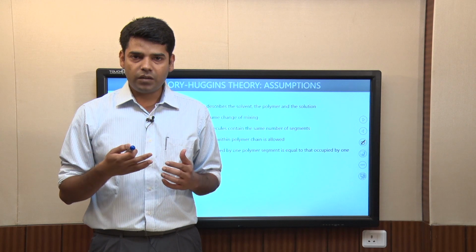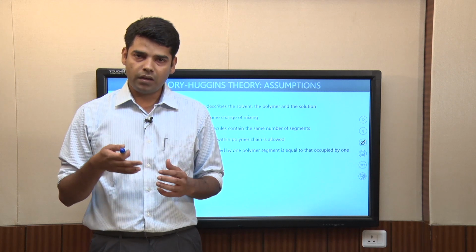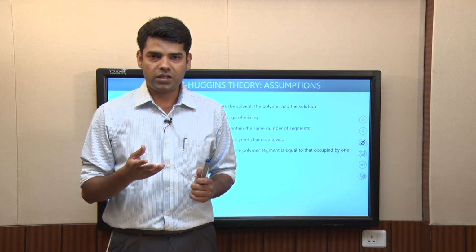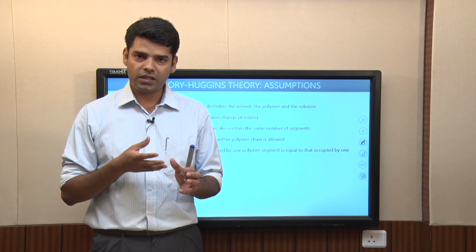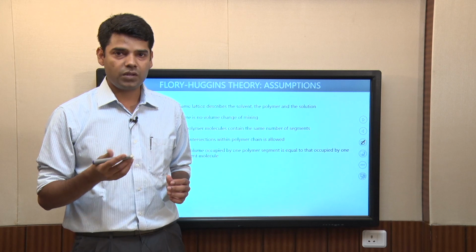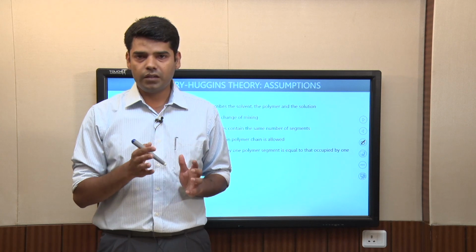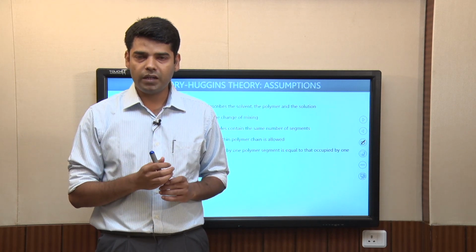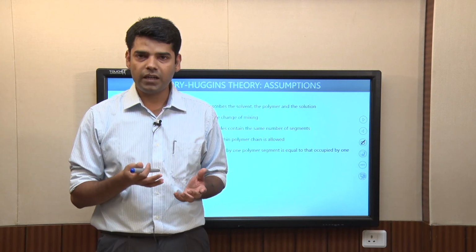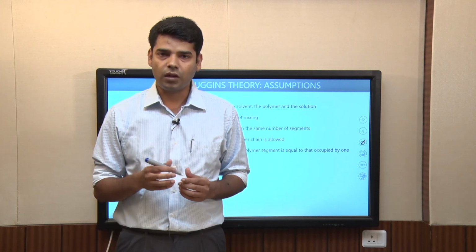So, during that process of introducing the polymer molecules one by one, and for each polymer molecule introducing the segments one by one on the lattice, the self intersection between segments of the same polymer chain is neglected. That is one more assumption of this theory. Another assumption is that the polymer segment and the solvent molecule have the same size. A given polymer segment is defined based on the fact that it should have the same volume as a solvent molecule.